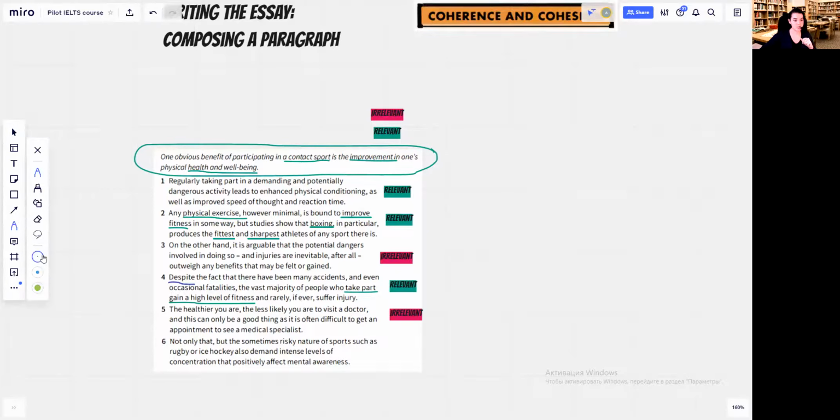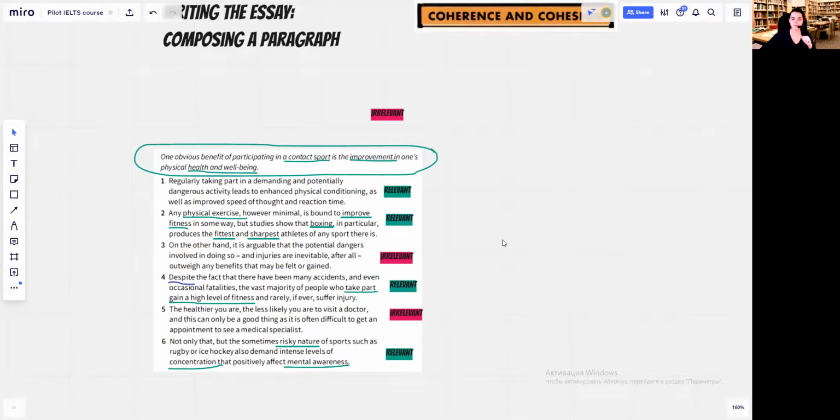Building on the original idea that contact sports improve your health and well-being, the author also introduces the fact that risky nature also helps your concentration and mental awareness. It's an additional idea, nevertheless supporting the original one. So it is a very much relevant